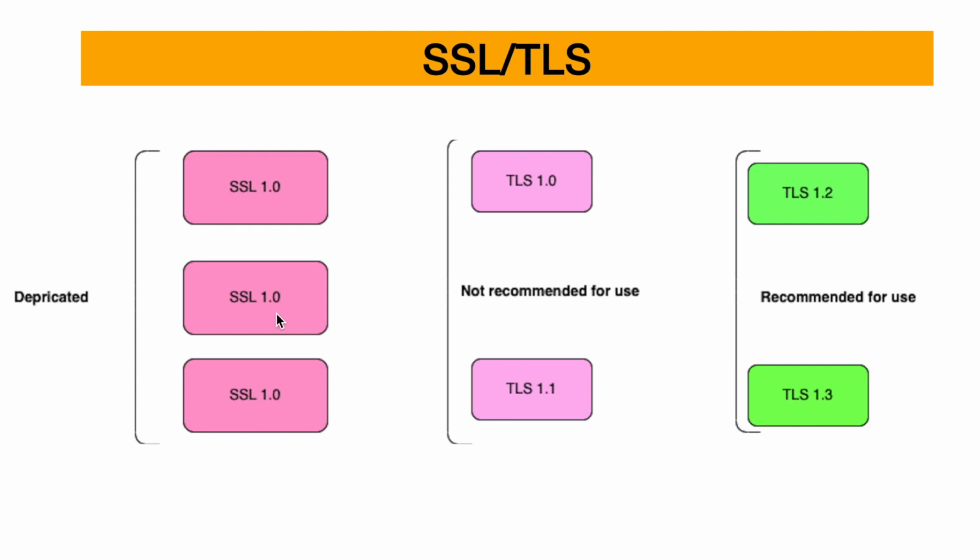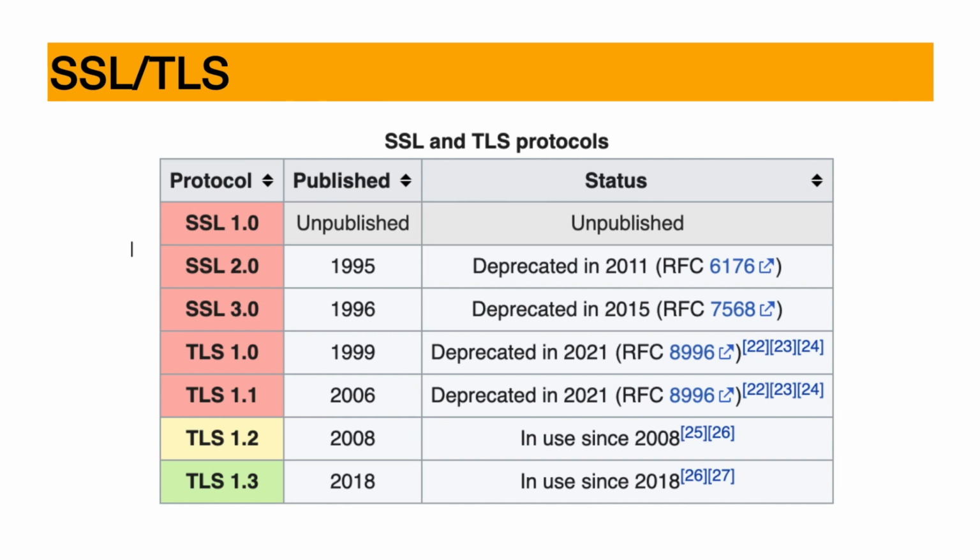So as I said, it is recommended to use TLS 1.2 and TLS 1.3. The next thing is the history. Actually, I also took this from Wikipedia, and you can see that SSL 1.0 wasn't even published. SSL 2.0 was published in 1995 and deprecated in 2011, and then SSL 3.0